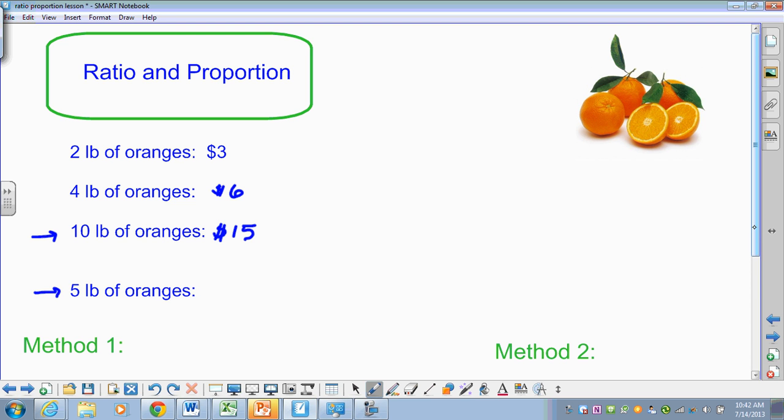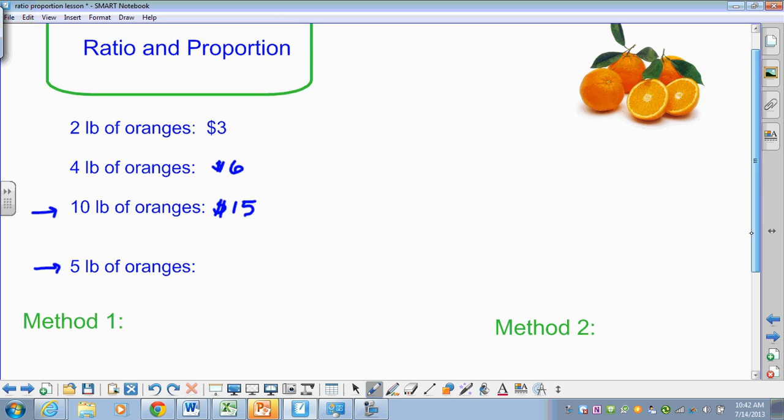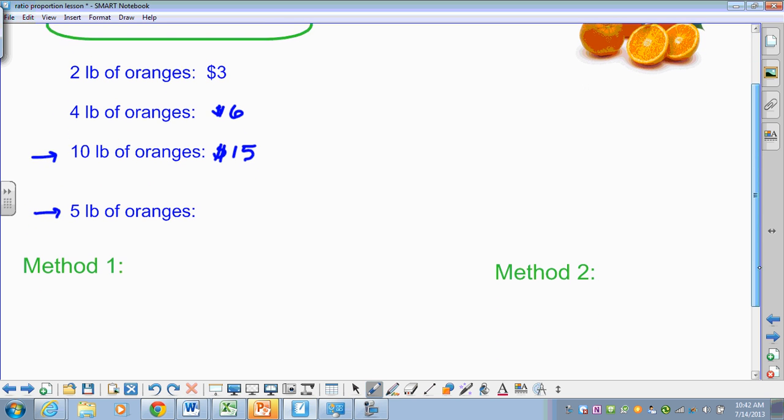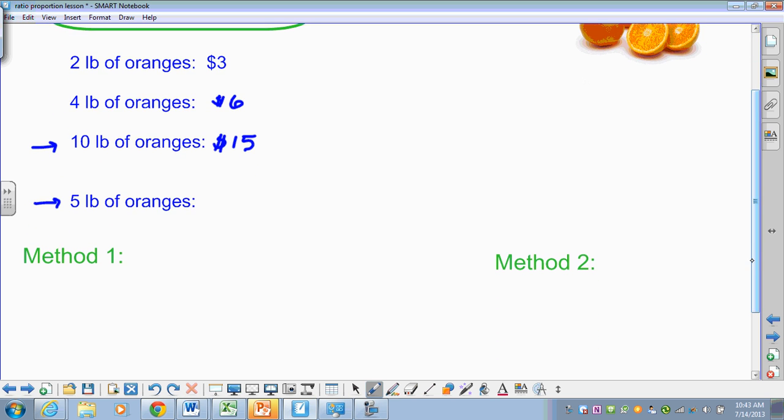And once we develop this procedure, we will actually do things like, what if you have 3/4 of a pound of oranges? What would be the price of that? So it's good that we already have an idea what the answer will be for this one, but let's actually do the math. Okay, so in method number one, if we have 2 pounds of oranges is $3,